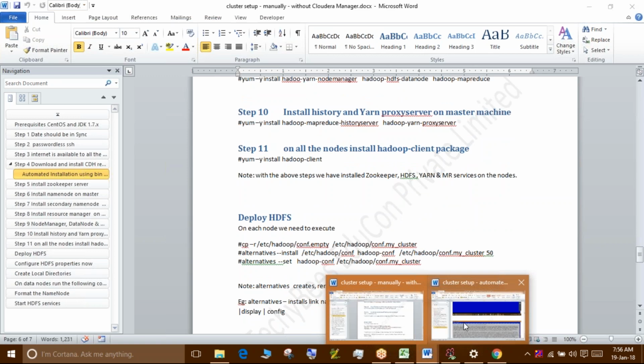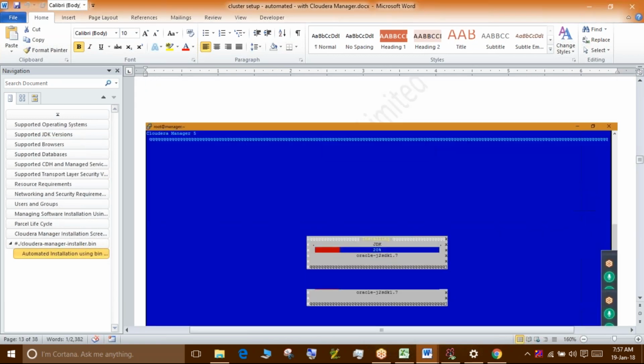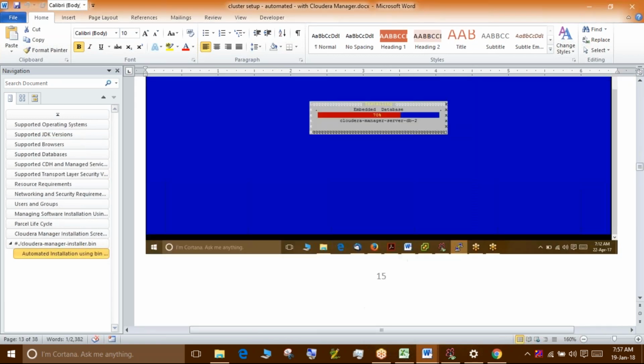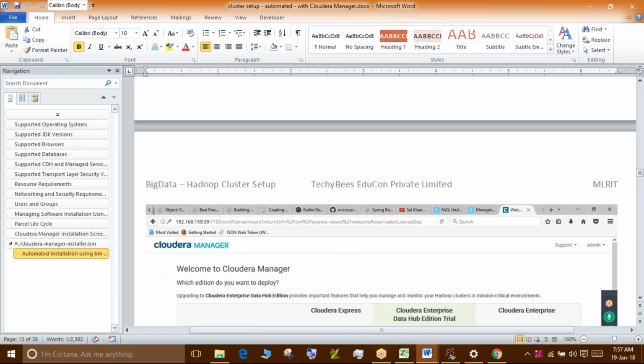For that sake only, we have done this Cloudera Manager setup. Once that is over,